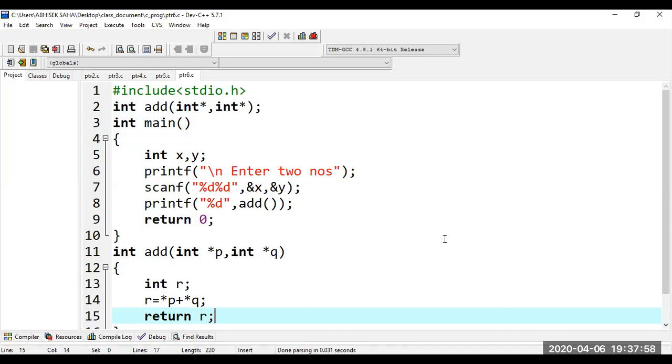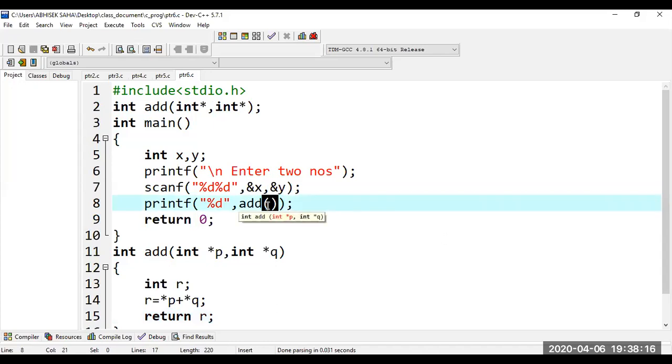And what is the meaning of star p? The meaning of star p is the value of that particular address. Fine. So now what we need to pass as a parameter of the add function, because the add function takes two pointer variables. What type of pointer, that is not the matter. It takes two integer pointers, so we need to pass addresses,